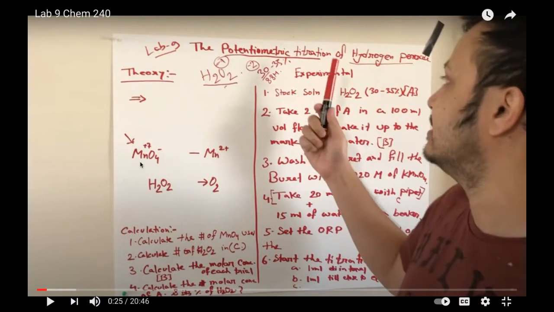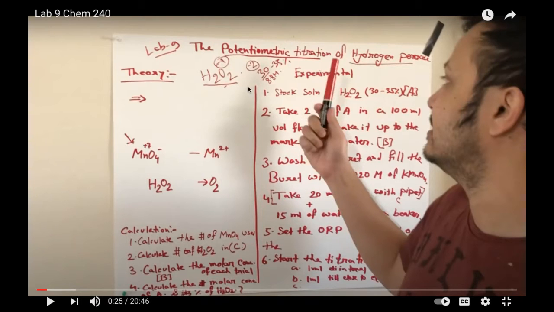So now, to do that, we need to take the help of KMnO4. KMnO4 here is also an indicator, so it's called a self indicator. What does an indicator do? You know what this is? It changes its color at the equivalence point. The equivalence point can be measured with a change of physical state. It can be color, or it can be a precipitate, or something else. Here this KMnO4, potassium permanganate, changes its color at the equivalence point.